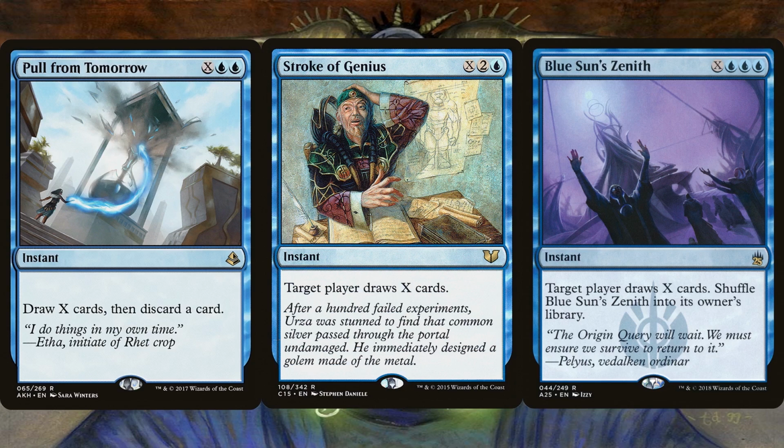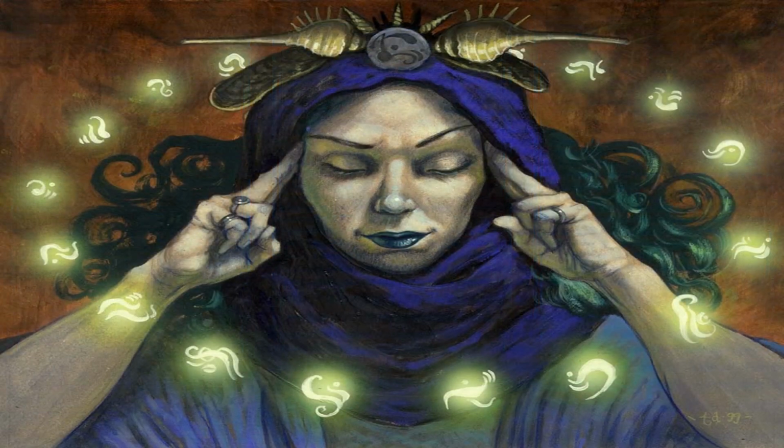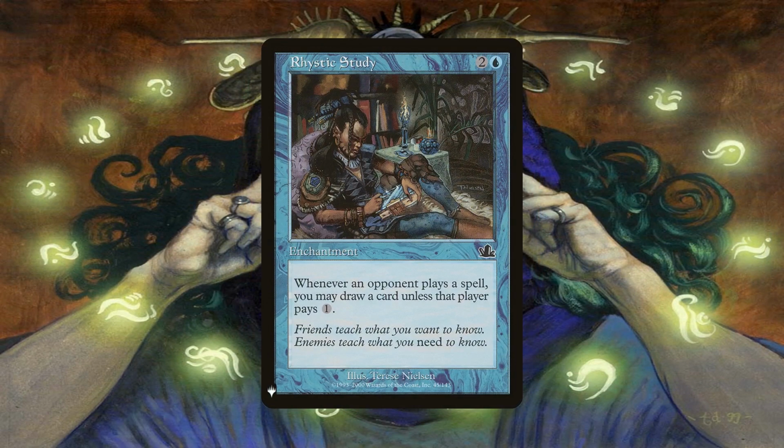Not only that, but if an opponent had a small enough library, we can also use the last 2 to deck them and eliminate them that way. Again, not the main focus, but it's good to know that these spells have multiple functions in the deck if it came to it. Rhystic Study has us draw a card whenever an opponent casts a spell without paying for